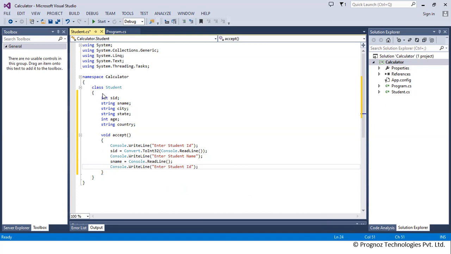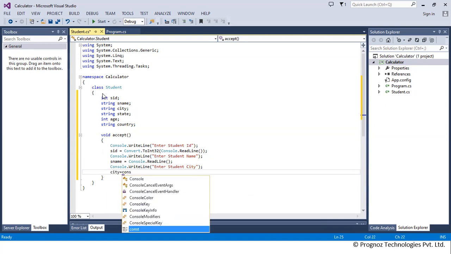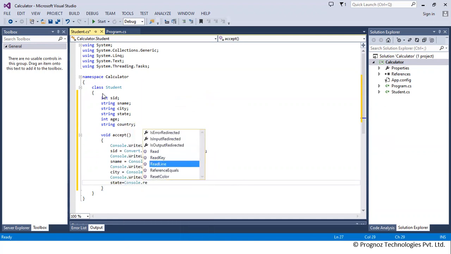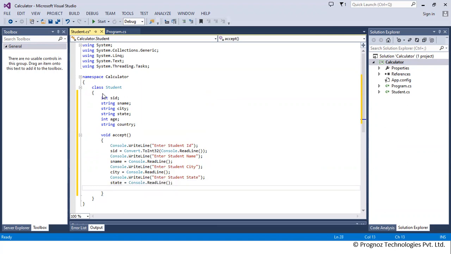Then we write enter student city, then city equals Console.ReadLine. Then enter student state, and state equals Console.ReadLine. Then again, enter student age, and here I need to write age equals Convert.ToInt32.